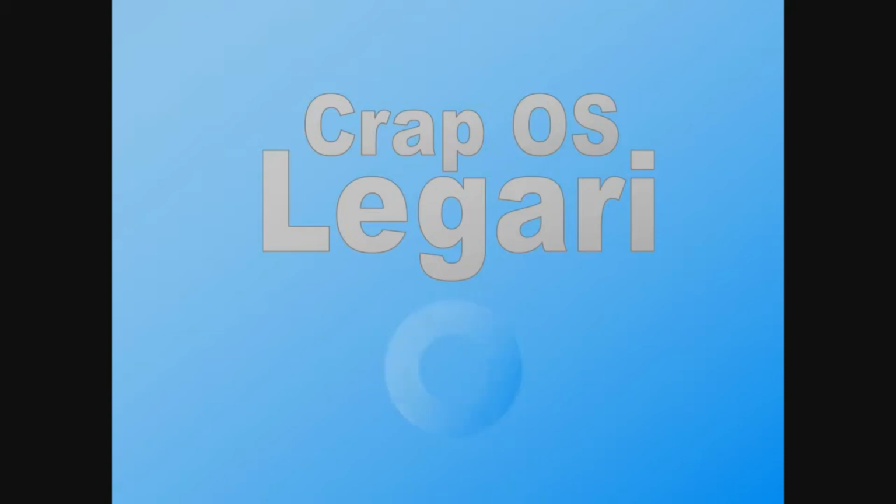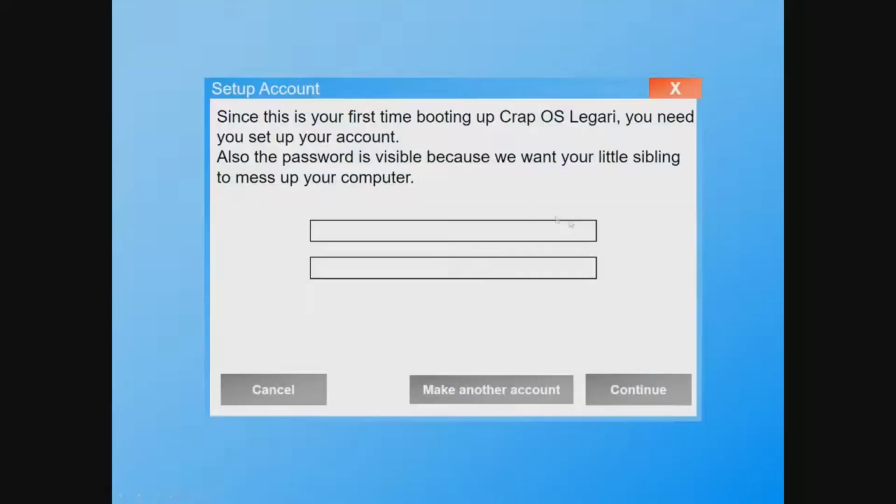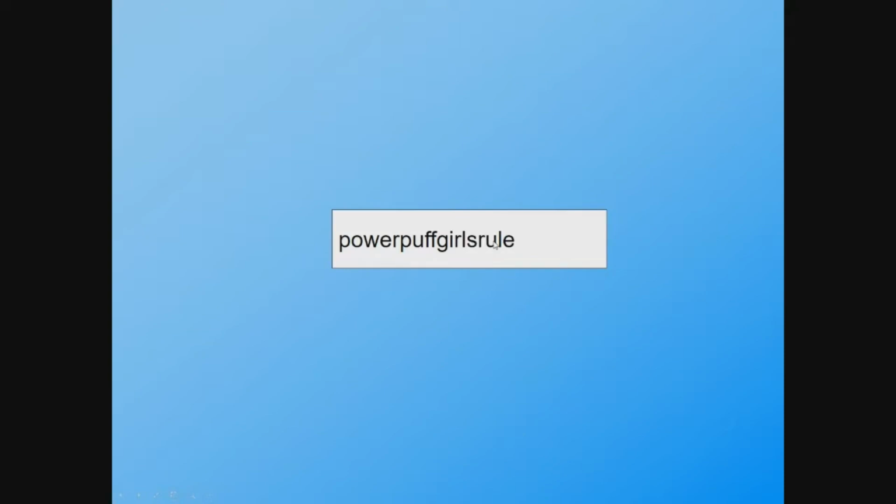And it's loading. And once it starts up for the first time, you have to enter in your account information. You have to create accounts, and you can make multiple accounts if you want to. But I only have one account here, so Allisima, because that's my last name. Powerpuff Girls Rule, because I like that show. Continue. Continue. The button doesn't work. The button doesn't really work well, but we can just get it over there. So Allisima, we can do this. Powerpuff Girls Rule. And that's my password, and we can